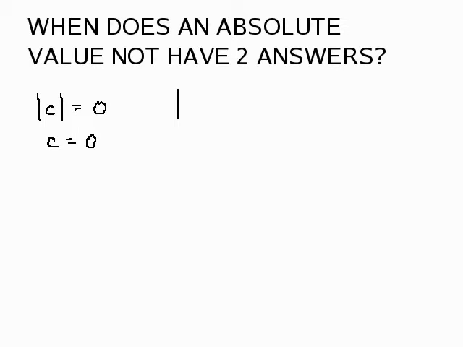Or what if you were given the absolute value of D equals a negative? The absolute value of D equals -8. Well, an absolute value, because you're measuring distance, always uses positive numbers for answers. So if they give you one like this, no solution. There is no number in the universe that you can plug in there that will ever come out to be a negative, because remember the definition of absolute value. So those are the cases.